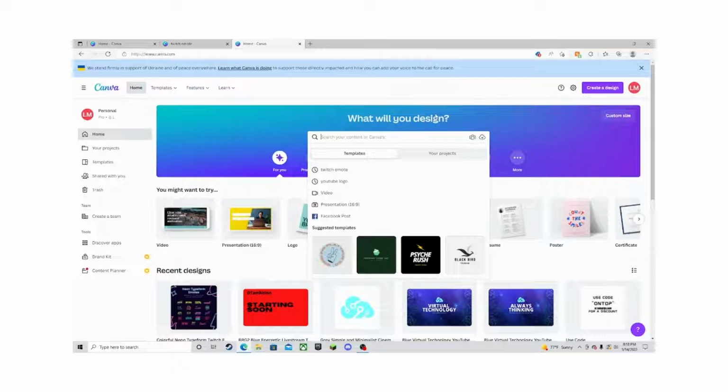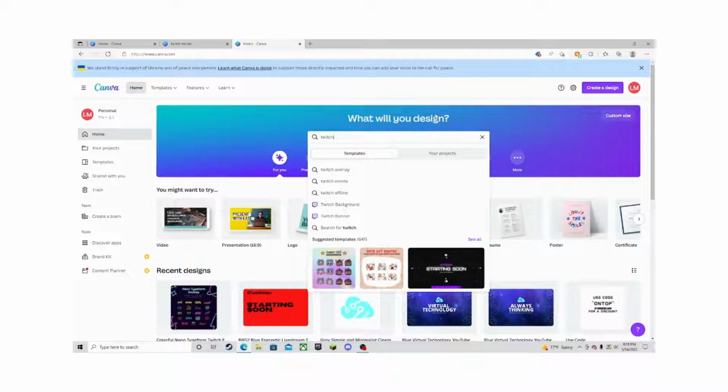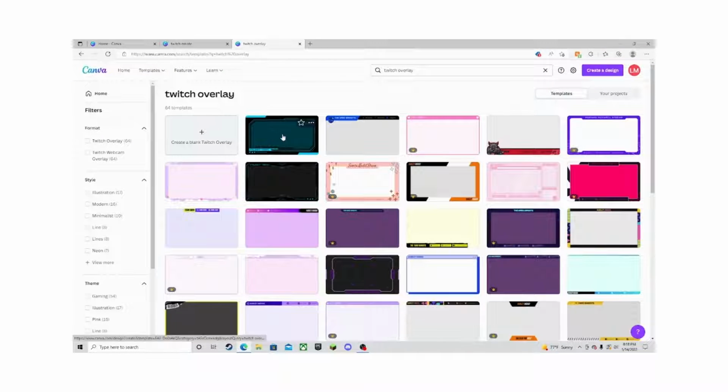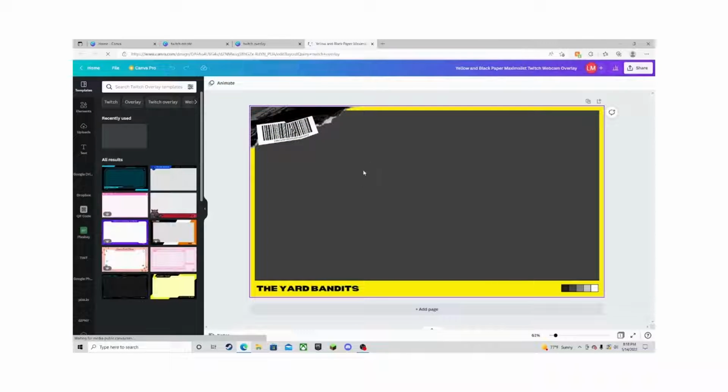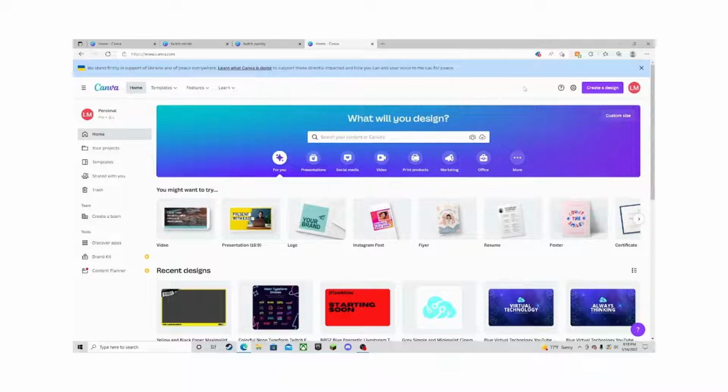And you can also search up Twitch overlay, and you got all of these nice overlays. So yeah,